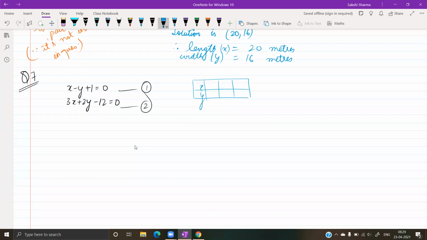This is an important type, जहां पे आपको simply दो equations देके कहा हुआ है कि आपको उसका graph plot करना है. And they ask you what is the figure formed by the axis along with these lines. यहाँ पे उन्होंने बोल दिया कि triangle बनेगा जब आप graph plot करोगे.